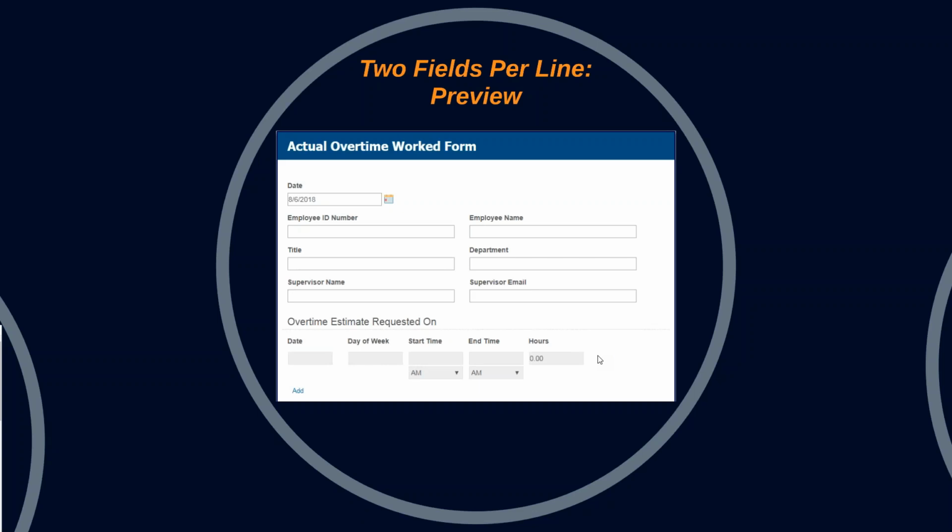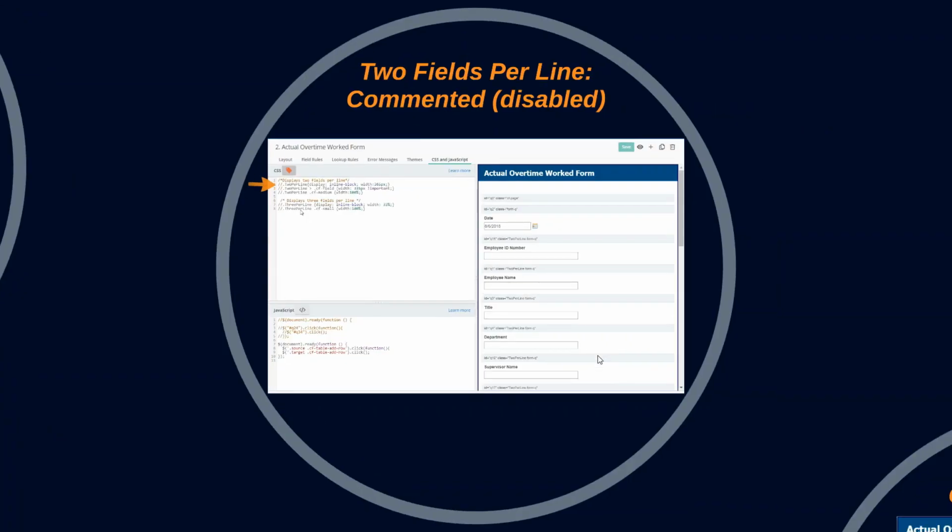So let's say you've added 2 per line, you've showed it to your audience or your intended users, and they're like, I don't know, I'm not sure if I like the 2 per line thing. Let's see it without that. If you don't want to take out all of your code that you've written in because they might change their mind after, what you can do is you can comment out your CSS to get a preview of it without